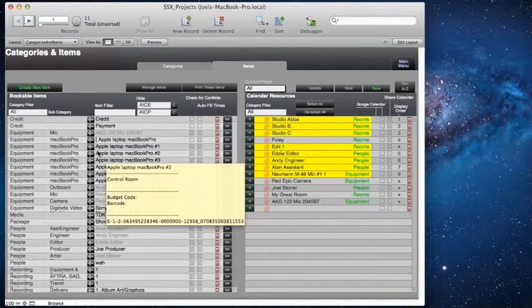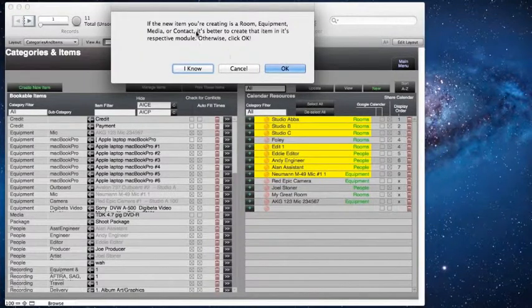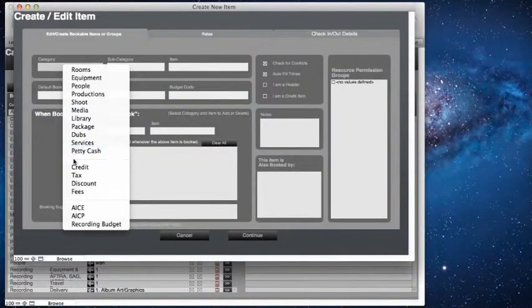I could go in and let's make a new one. So I'm going to create a new item. And it's reminding me here that if it's a room or a piece of equipment or media or contact, it's better to create those things in those modules. That way you've got the detailed information for a person or a piece of equipment in that module. There's less information here. But for simple things like, let's say I'm going to do services,